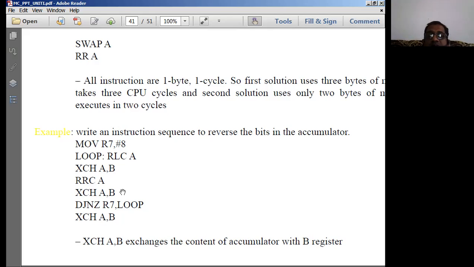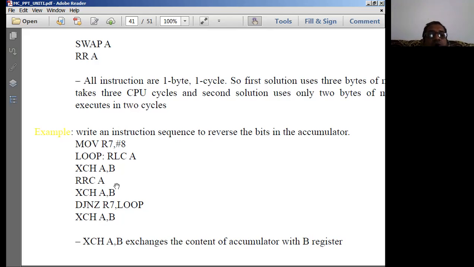Once again the accumulator contents will be the same. That means I have rotated the accumulator towards the left with carry and stored this result in register B. Then next time, once again rotating the accumulator right with carry, then once again I am exchanging.